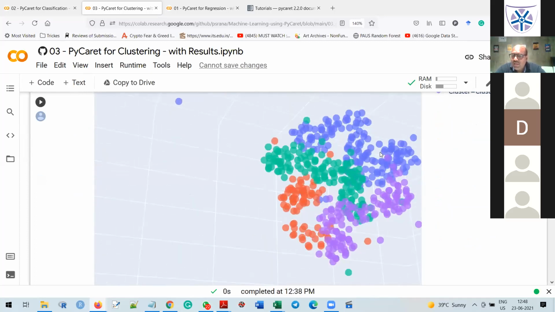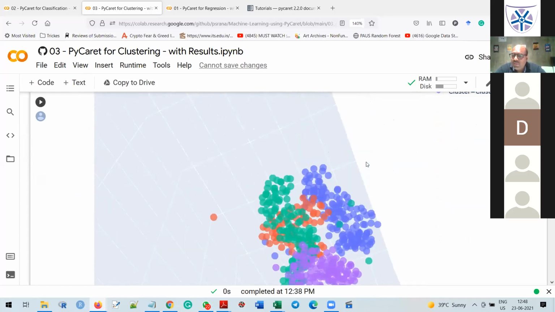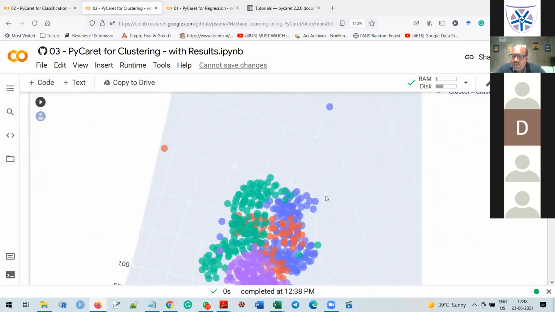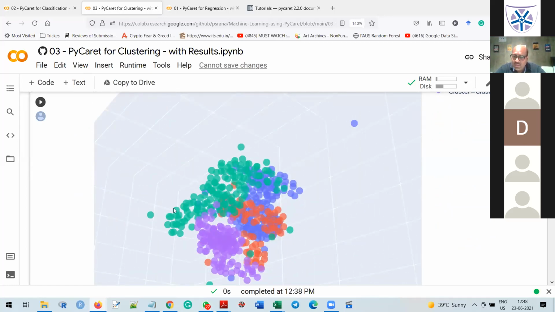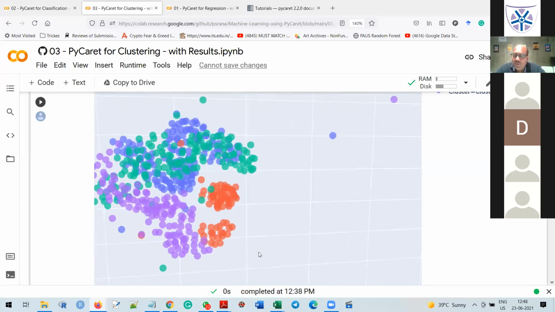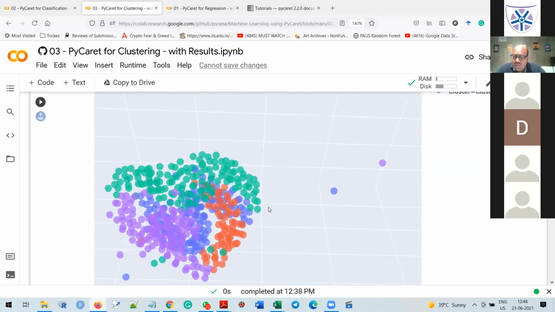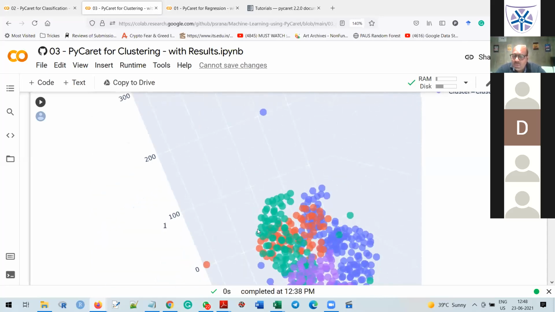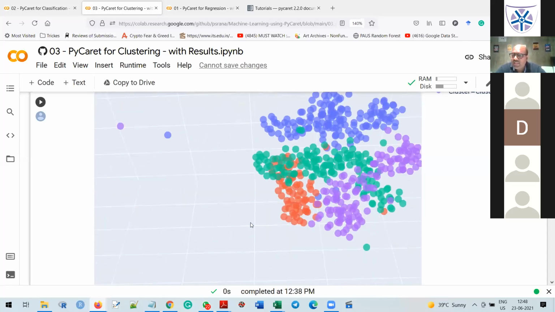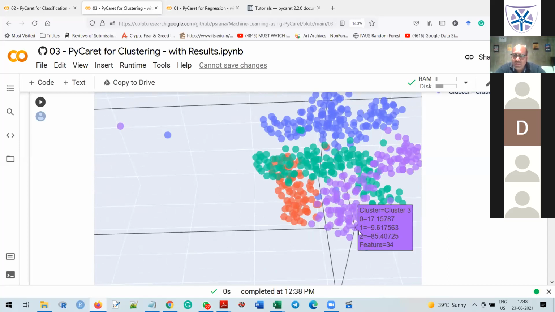Now you can clearly visualize how exactly my data points are plotted. You will see here no orange point is too close to the purple point, as shown in my 2D plot. In actuality, the purple points are very close to each other rather than overlapping with the other cluster.